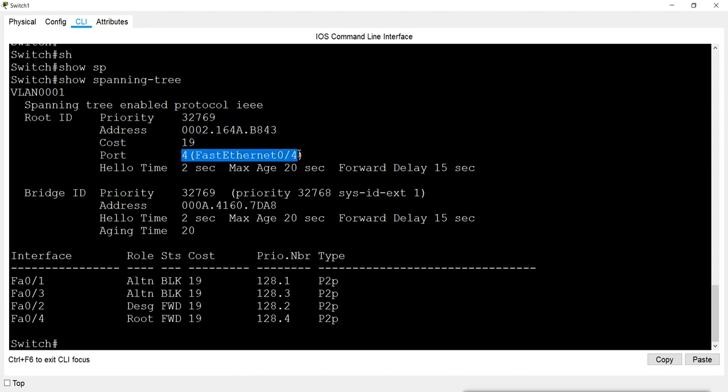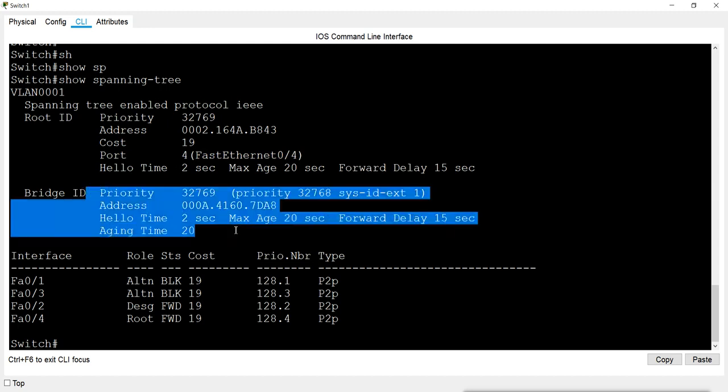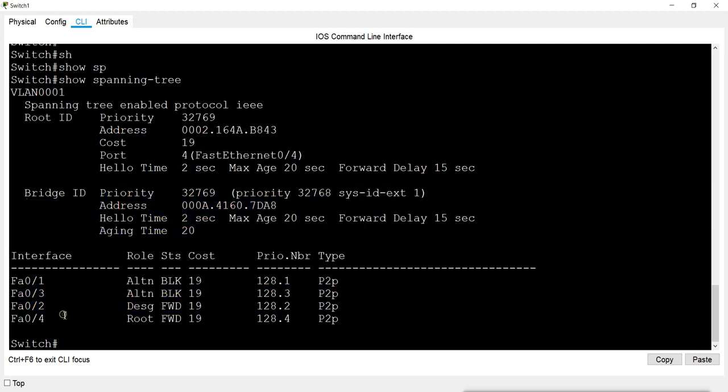And this is this switch's information, and these are the four ports it has, and 2 ports are in blocking state. Which ports? FastEthernet 0/1 and FastEthernet 0/3, they are in blocking state.